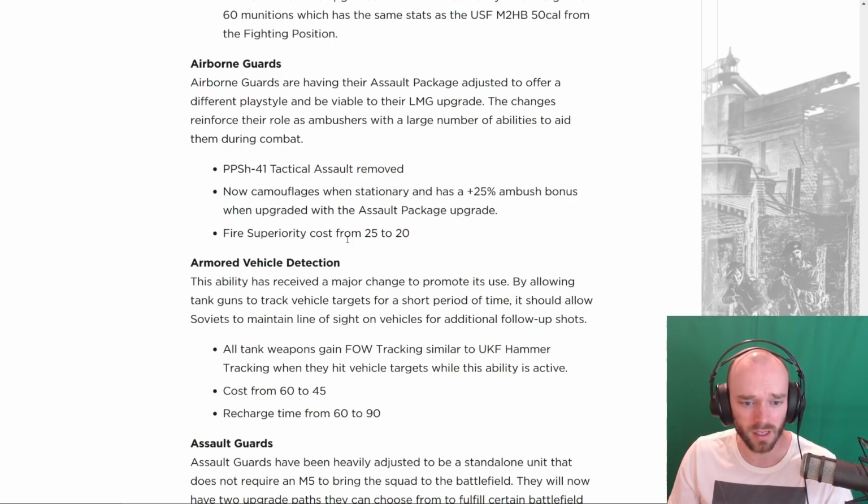Fire superiority is going down by 5 munitions. Personally, I feel like maybe this is not that strong. Stationary camo, whereas commandos have moving camo, really limits the effectiveness of this, I feel, especially with airborne guards' 6 models. Sometimes it can be tricky finding good camouflage for 6 models,